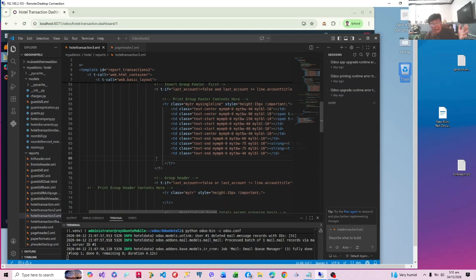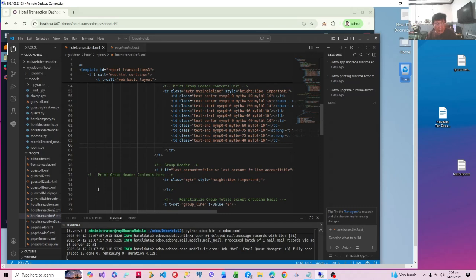Now after printing the group footer, we are going to print the group header of the next group. Okay, that is if there's a remaining line. So therefore if the last account is false, okay, we have the first line, or the last account title is not equal to the current account title. Okay, so here's our group header.